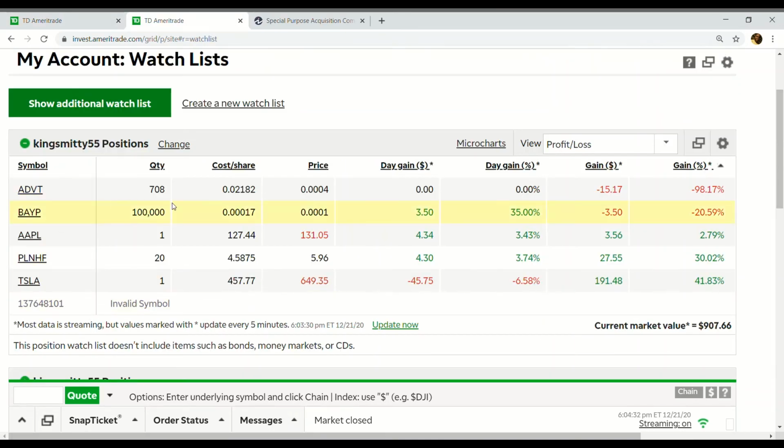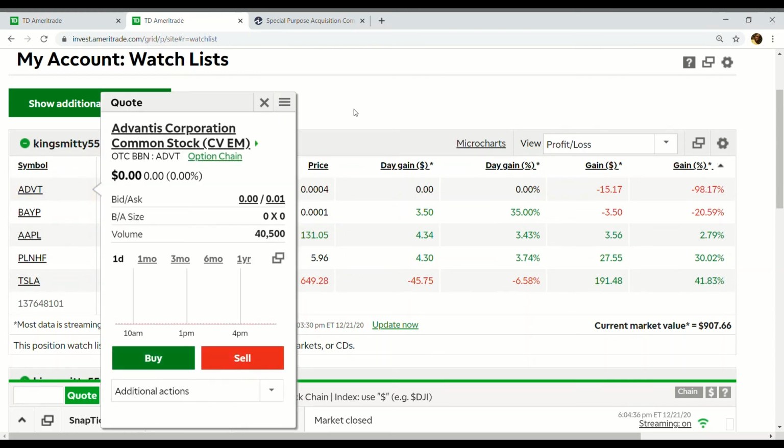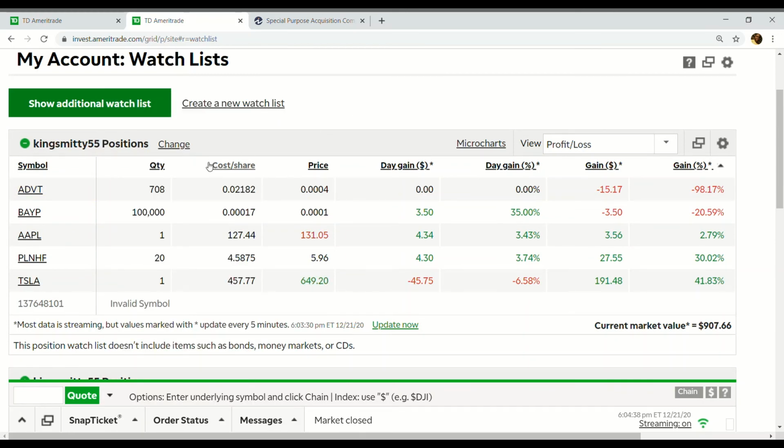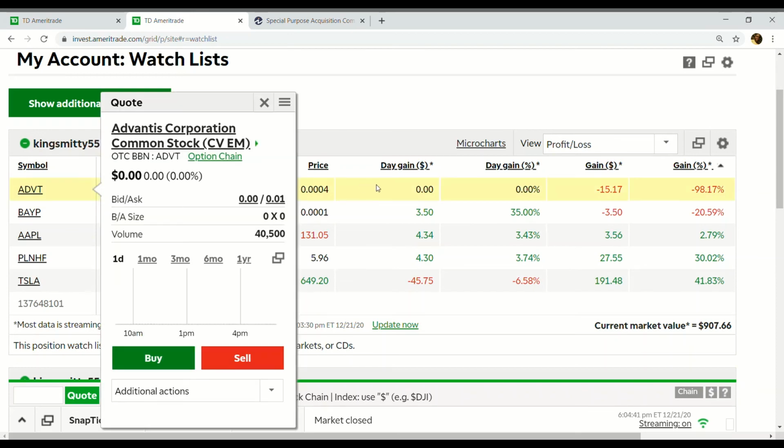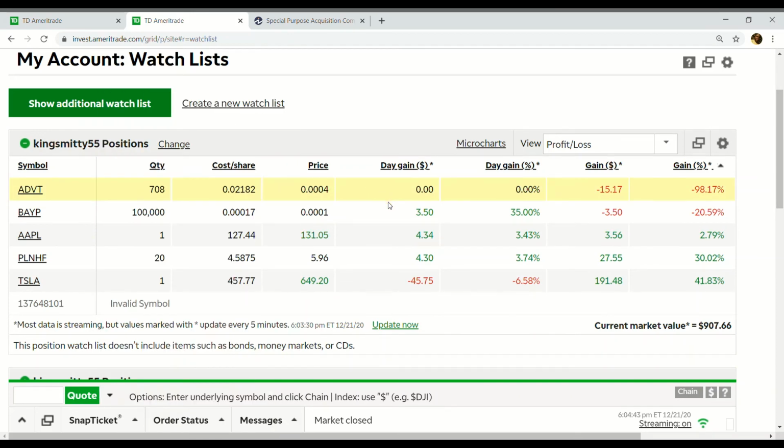Looking at my portfolio here, just to explain some of these positions. After that initial pop of that $50 that turned into $200, I did redistribute and I bought ADVT, I bought BAYP, and I bought this symbol, which is no longer even being traded. That's why you see the 98% loss on that. I'm trying to sell those every day just so I don't have to see that. I am going to keep Bayport around for a little bit longer for all my own reasons. I'll explain that in further videos.